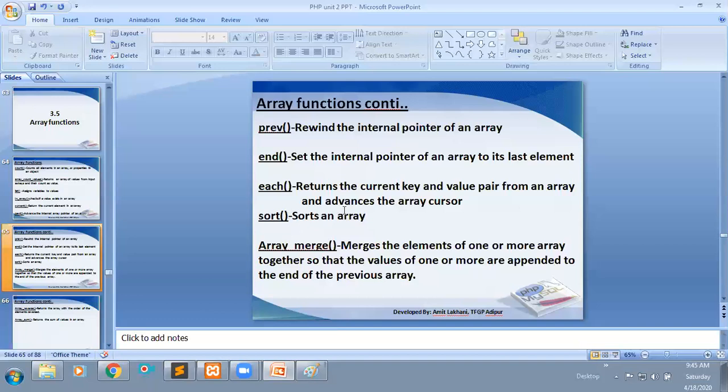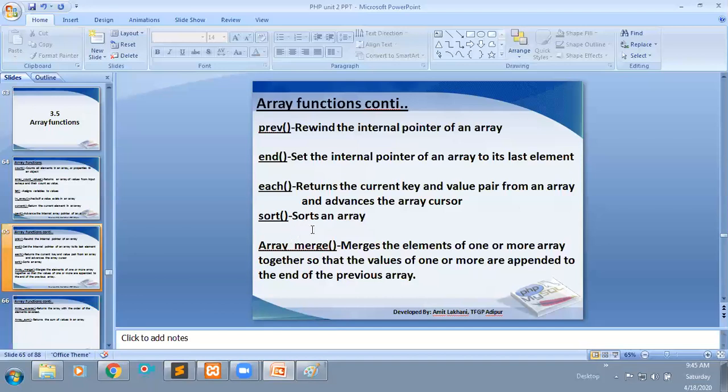In the same way we have the sort function, which is used to sort an array. For example, in your array there are different numbers, say from 1 to 9, but they're not in order. If you want those elements in order, use the sort function. Internally it will sort all the elements and give them in sorted order.